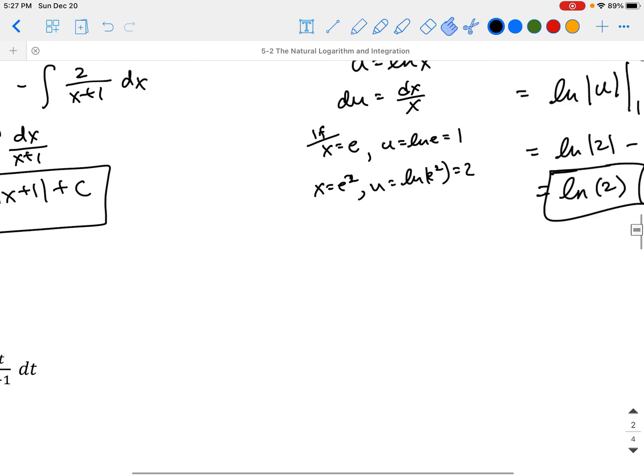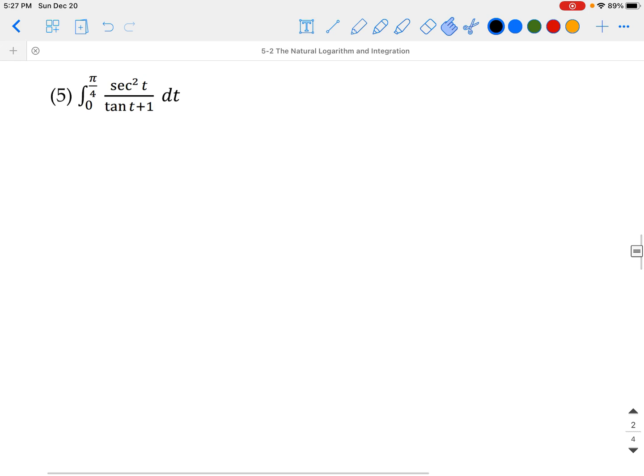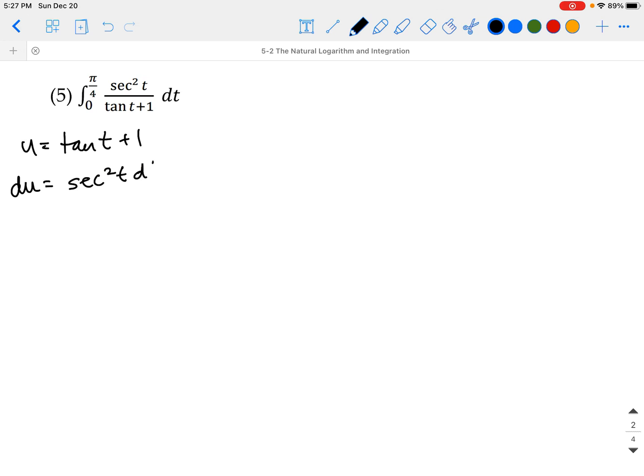All right. So finally, we'll look at number 5. Number 5 will be an interesting one. So u is going to, again, be our denominator here, because we can see that the derivative of tangent will be secant squared. So du is going to equal secant squared t dt, which again is exactly what we're looking for to substitute. So we can just directly substitute this. Okay, so our integral is then going to become du over u, the same as our previous example, but we again have to consider